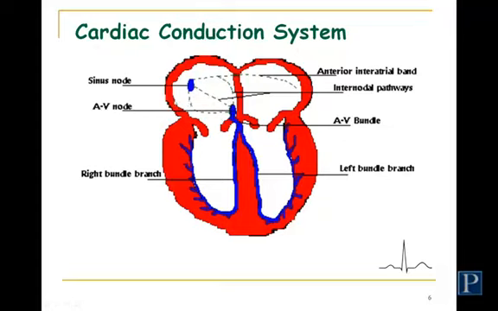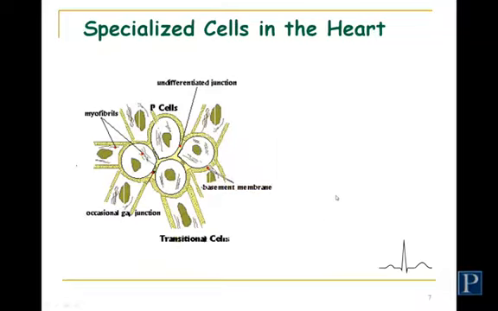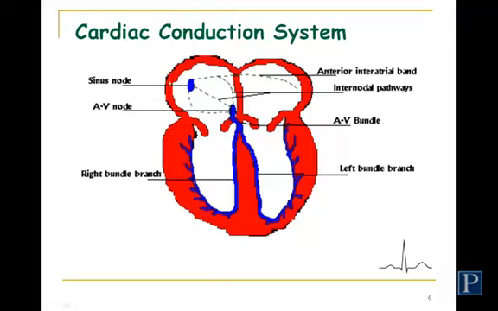the heart. So we're going to start right up here with the sinus node, and then we'll move our way down. So we're going to start with the sinus node, or the sinoatrial node. They have these special cells called P cells, and the P cells are short for pacemaker cells. These cells are located, if you look in the previous picture, up in the right atrium, actually the superior lateral wall of the right atria.